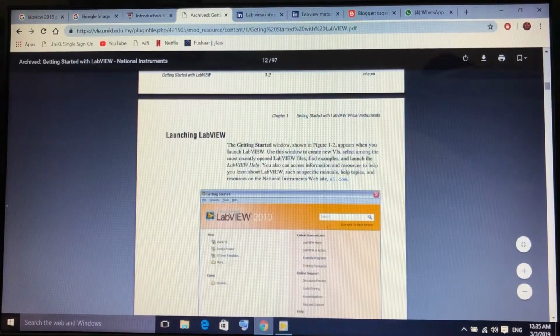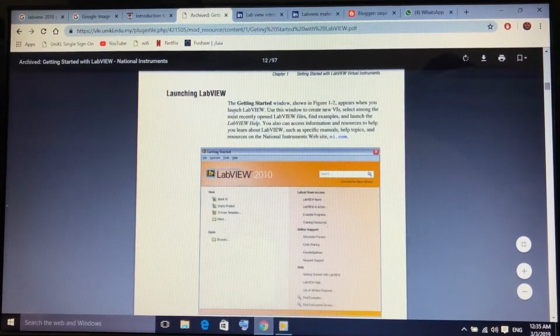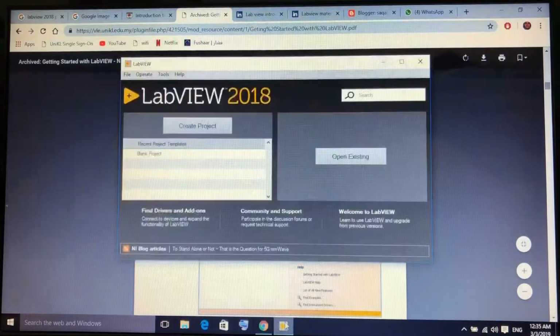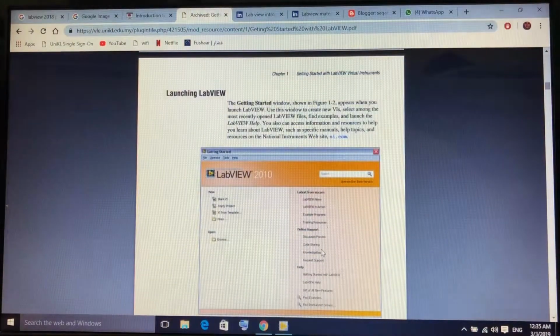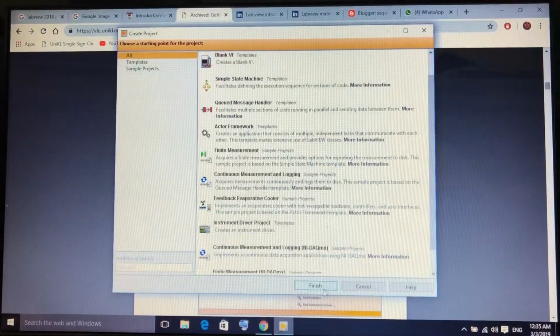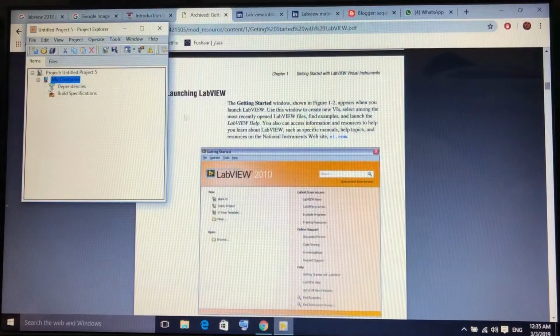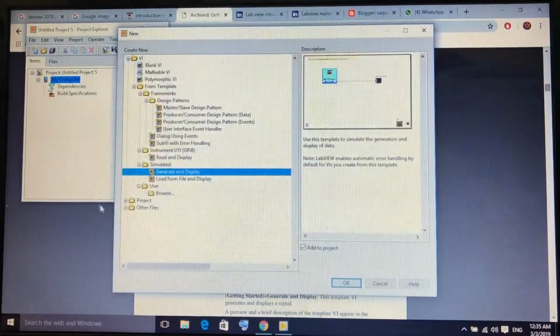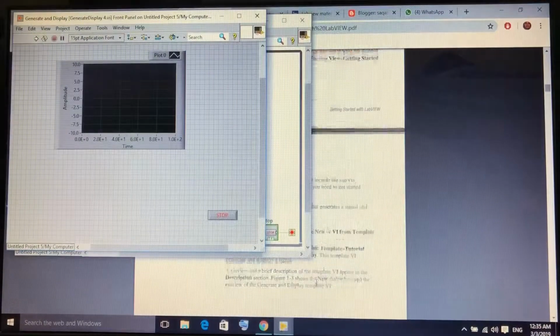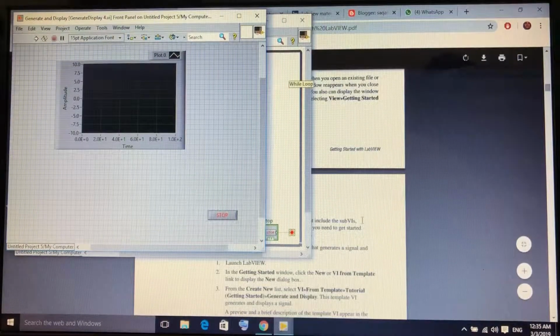Now we are going to launch LabVIEW, getting started with LabVIEW. So we will start LabVIEW and create a project. From creating a project, I will start. So we will open a new VI from a template. So File, New. Okay, we will go to Generate and Display, press OK. As we mentioned here,